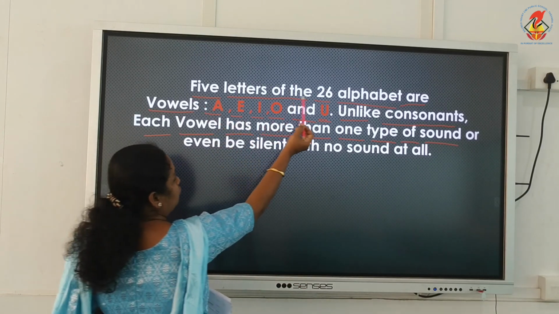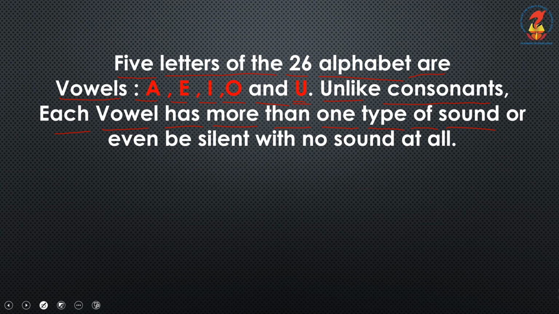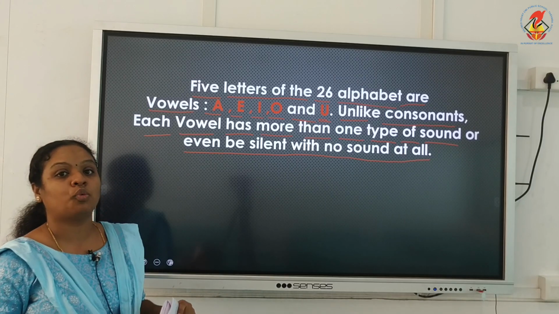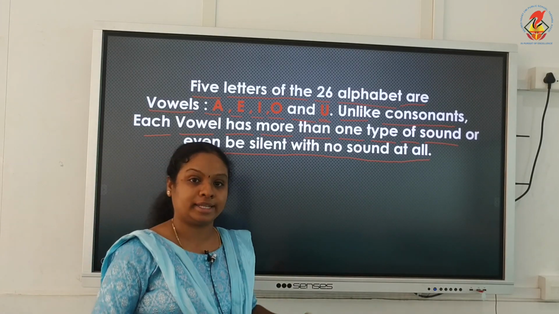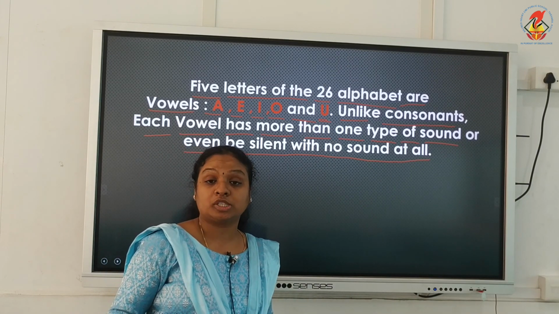5 letters of the 26 alphabets are vowels: A, E, I, O, U. Unlike consonants, each vowel has more than one type of sound or can even be silent with no sound at all. Sometimes the vowel sound will be silent. That means, if you take the example of the word wife,